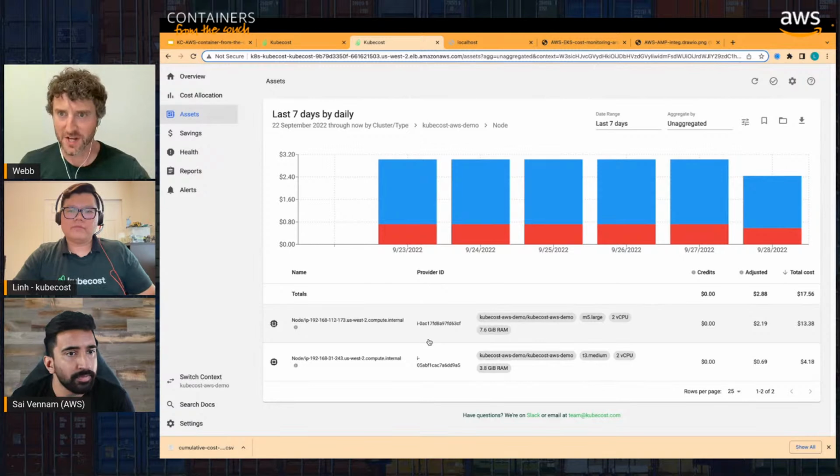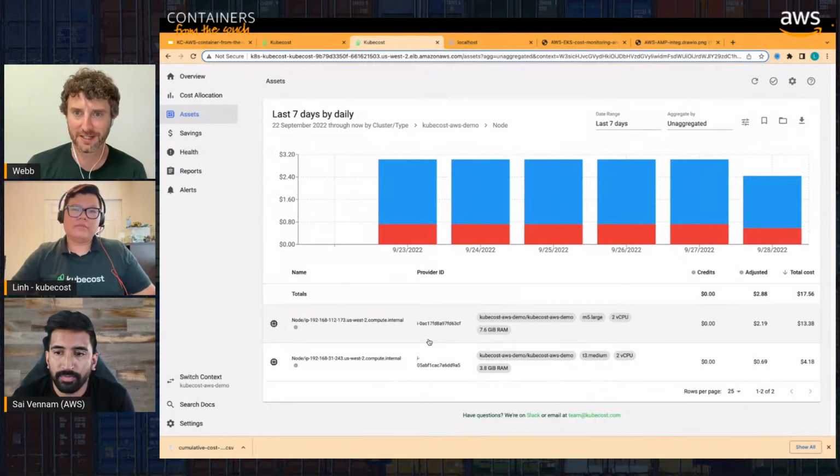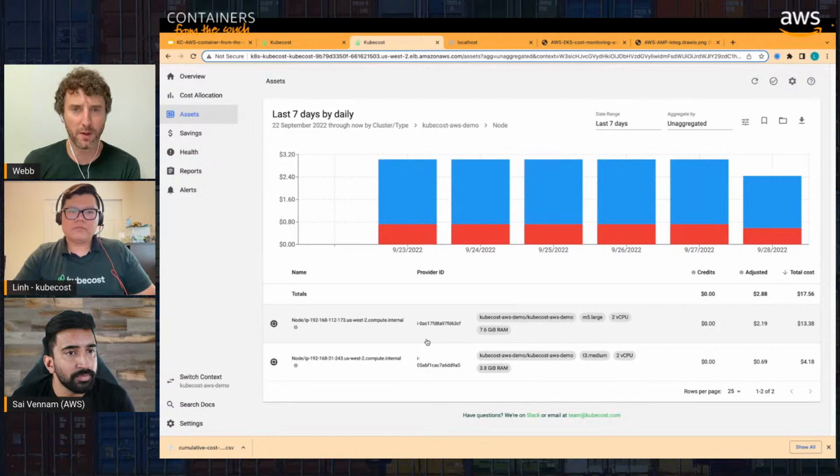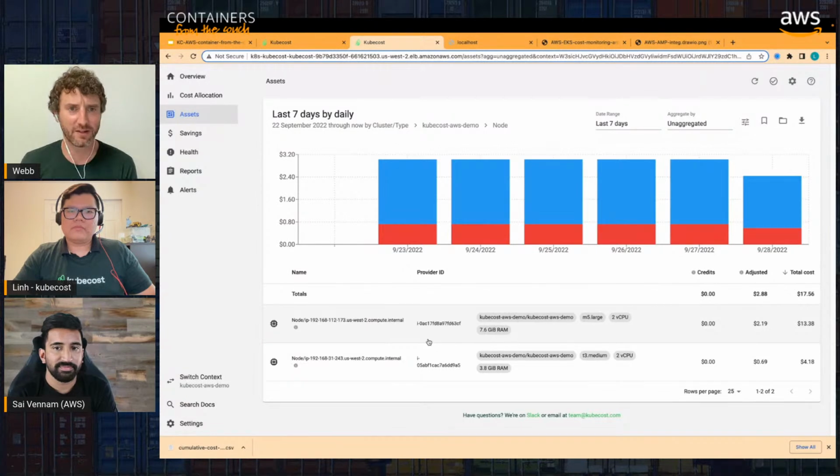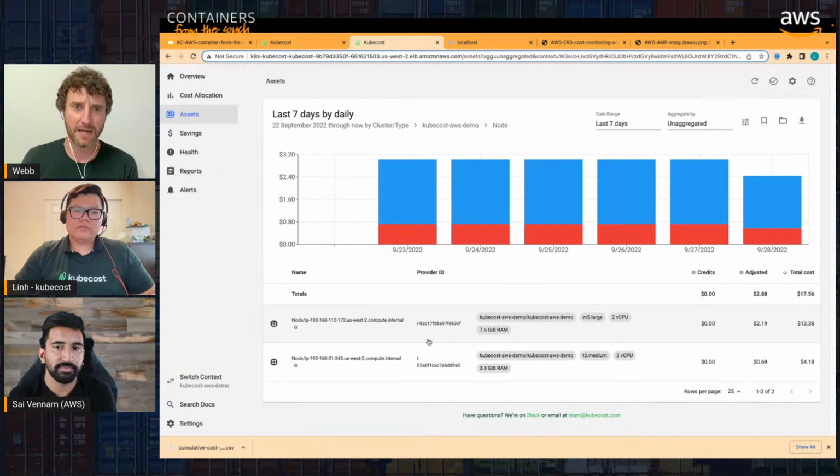And I see Jonathan Phillips in the chat shared that as well, which is because Kubecost is built tightly alongside Prometheus. If you're familiar with Prometheus, you can configure the scrape interval, and you've got a lot of flexibility. You can scrape every second, every 10 seconds, every minute. You have a lot of configuration options available there. And then second, like Lynn mentioned, by doing the optional integration with your AWS account, you would then get not only